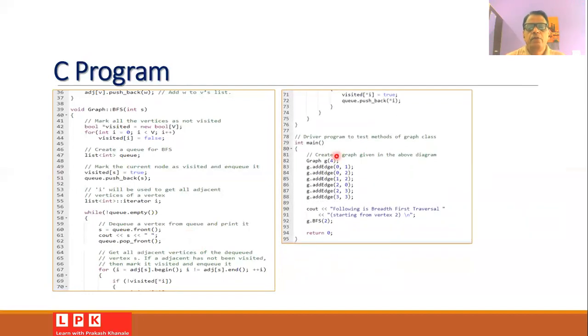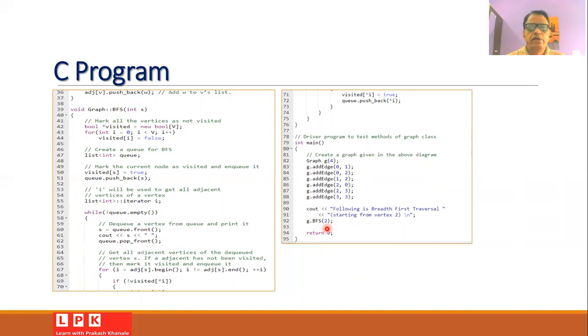So in the main program, we will create a graph as shown in the diagram, where there are 4 vertices, and we will add the edges 0, 1, 0, 2, 1, 2, 2, 0, 2, 3, and 3, 3. And then we will perform the traversing operation by using the statement g.BFS(2), where we will start the traversal from vertex 2.